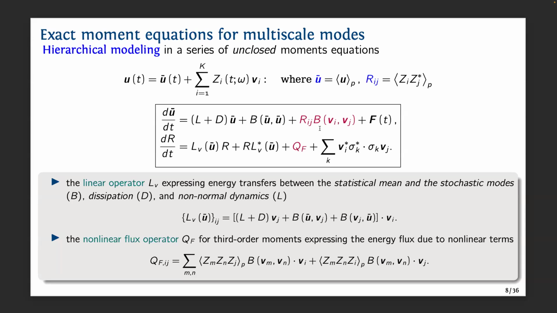You can use them as a Fourier basis or any Galerkin basis. And the Z_i are stochastic coefficients characterizing the randomness along each eigendirection. So the second order moments will be summarized as a variance R_ij here. And then you just put this back into the original system, and it's a simple application of Ito's formula. You can derive the equation for the mean like this, and the equation for the variance as a second line.